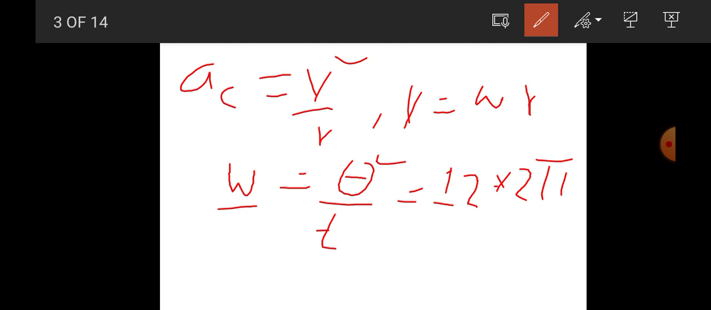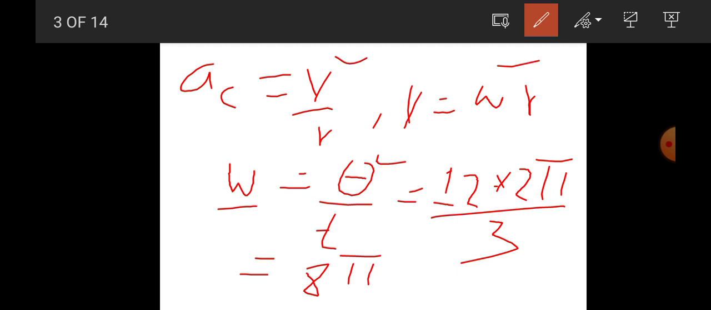12 revolution is equals to 12 times 2 pi over 3, time used to complete 12 revolution. Therefore 12 times 2 pi over 3 which is equal to 8 ፓይ ይሆናል ማለት ነው። 8 ፓይ ማለት ኦሜጋ ነው። ስለዚህ ስፒድን ለማግኘት ኦሜጋ ኢንስቴድ ኦፍ ኦሜጋ 8 ፓይ እንጠቀማለን, therefore 8 pi is substituted